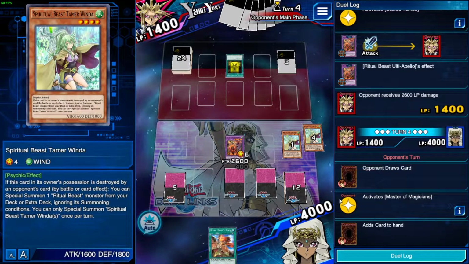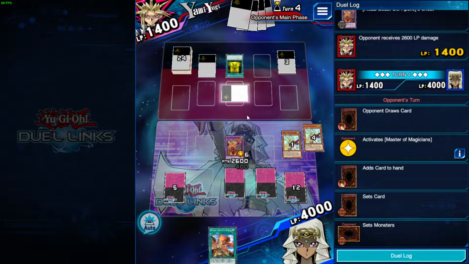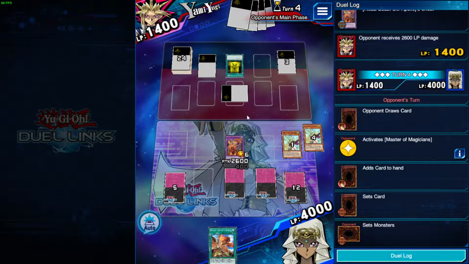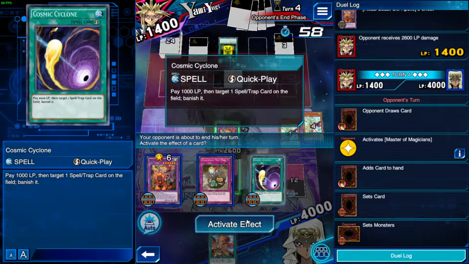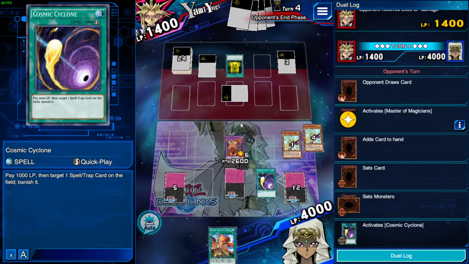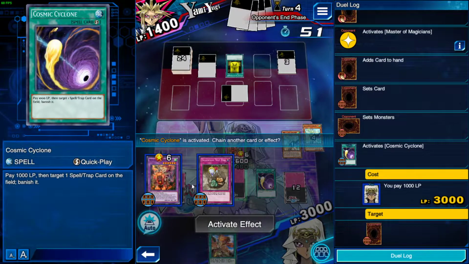So I don't remember exactly what Master of Magicians does. He pulls one of these cards randomly. That doesn't seem like it's going to save him. So when his turn ends here, we're going to do two things. We're going to pop that card, and we are going to... Actually, we probably could activate all of these here. So we'll pop his card. And then...